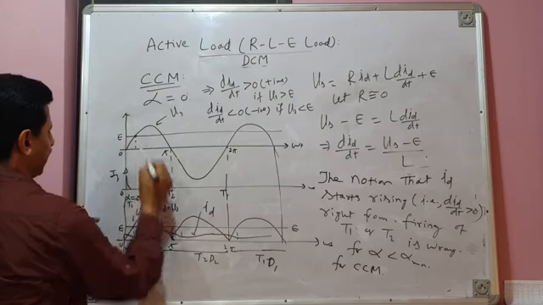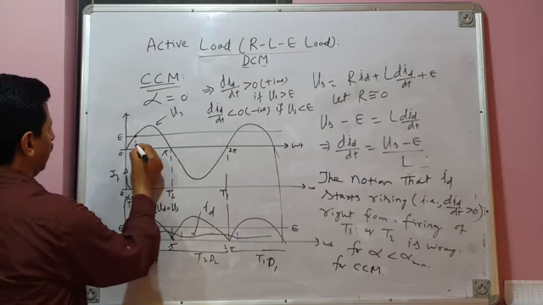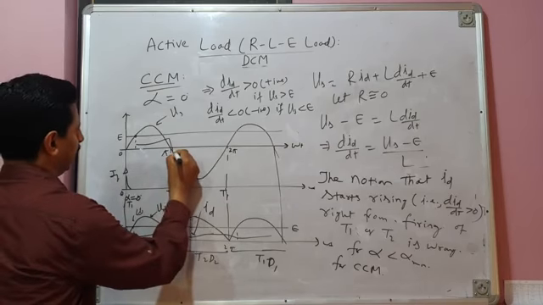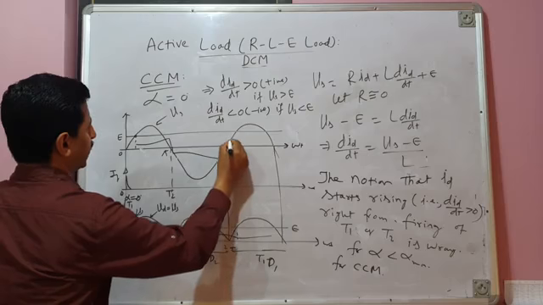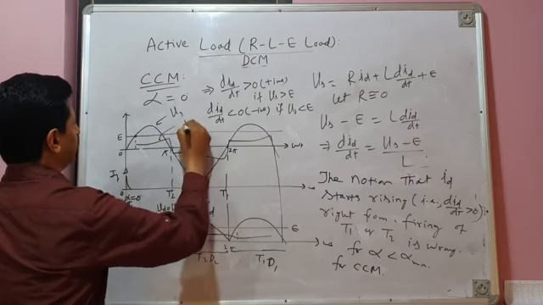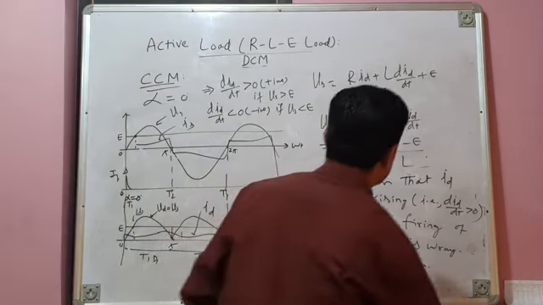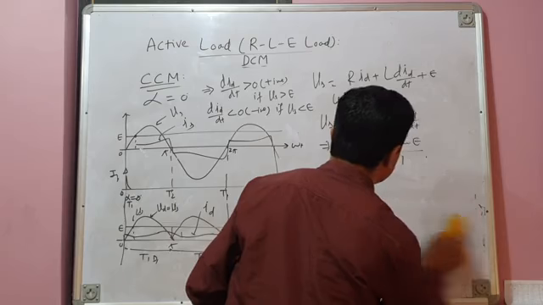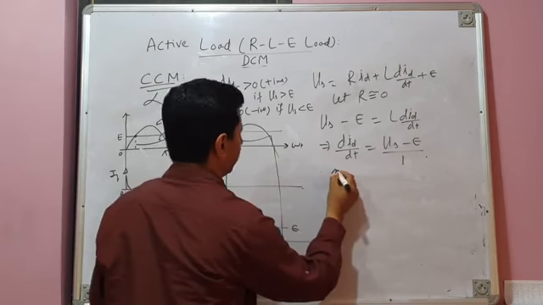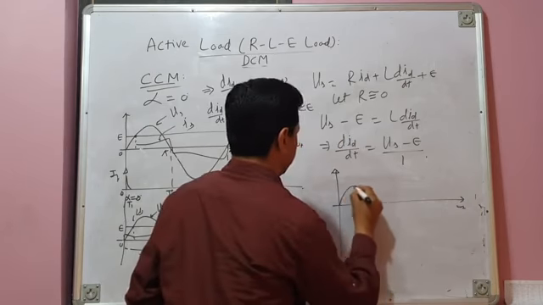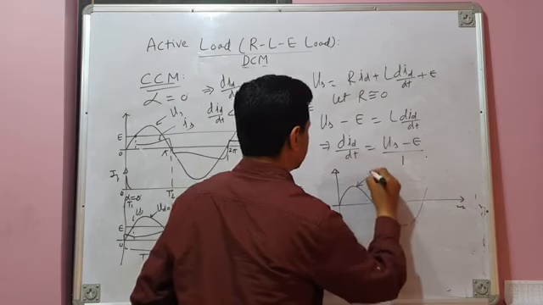Your source current starts rising, it rises, and then it is like this, and this is the nature of source current. This is source current IS. Okay, and in the previous case, for discontinuous conduction mode of operation, if you remember, I forgot to show you the source current waveform. However, you can draw the source current waveform.